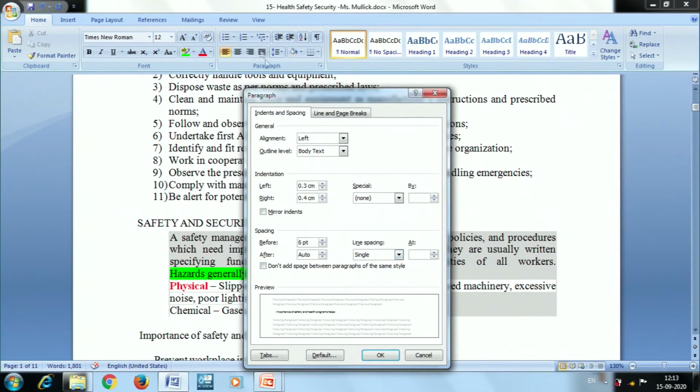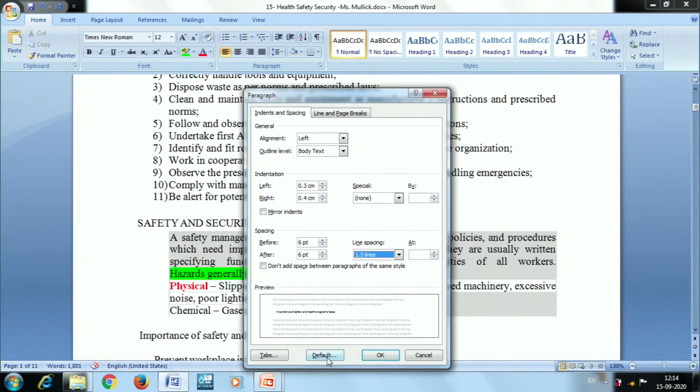Earlier also we discussed line spacing. You can do the line spacing here as well. The options are single, 1.5, double, at least, exactly, and multiple. So you can choose any one, whichever you want for the particular paragraph. And there is a preview also, so you can see whatever change you are applying shown here. If I want to give 1.5, then the spaces are more. So I can do that.